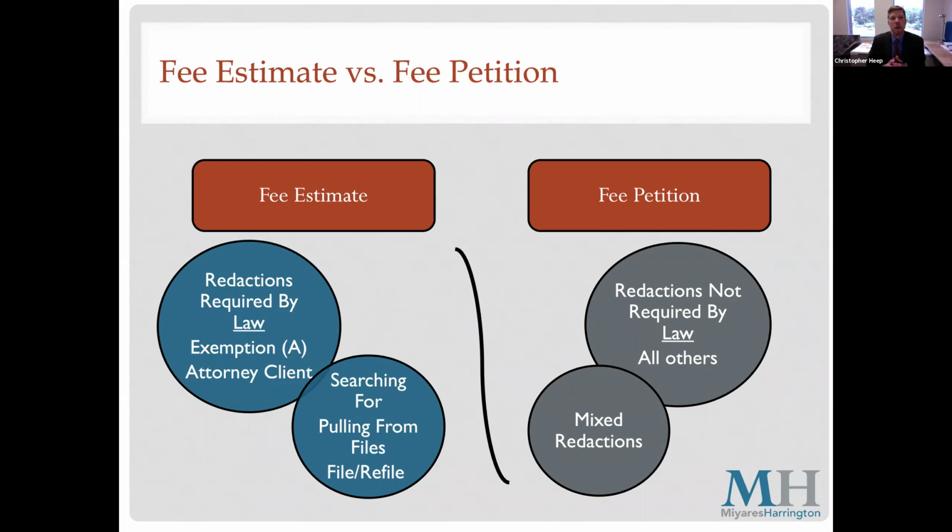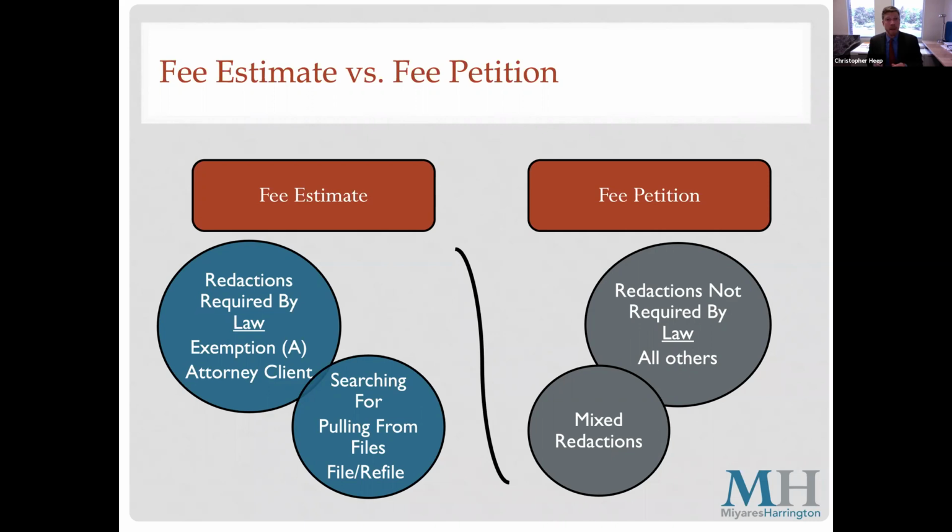A fee estimate is one that the town can send to charge for the following things. The town can charge for searching for documents, segregating or redacting documents as required by law, and segregating or redacting attorney-client communications. We can do this on our own, and we need only send the requesting party an estimate of what it's going to cost the town to do one or more of those three items.